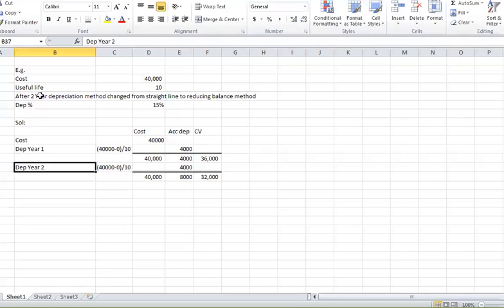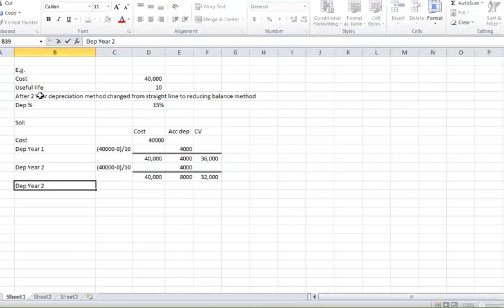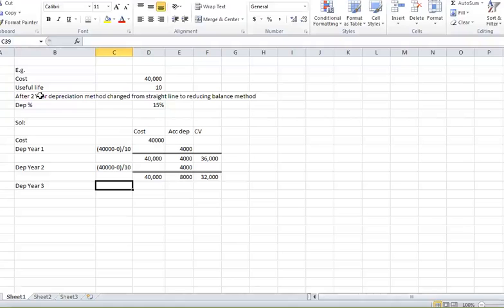So students, please remember, whenever there will be change in estimate, we will replace everything with the carrying value. So we will always use every value as a revised value. For example, instead of cost, we will use carrying value. Instead of total useful life, we will use remaining useful life. So whenever there will be change in estimate, we will use all the values as revised values or remaining values. For example, in the year number 3,